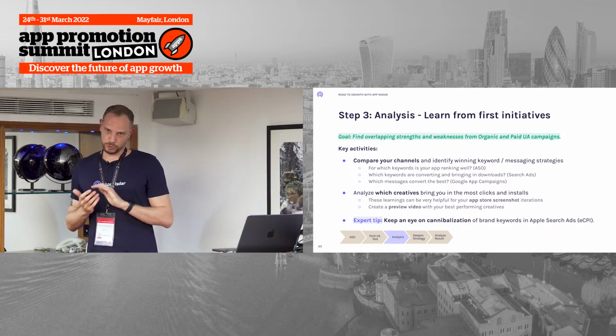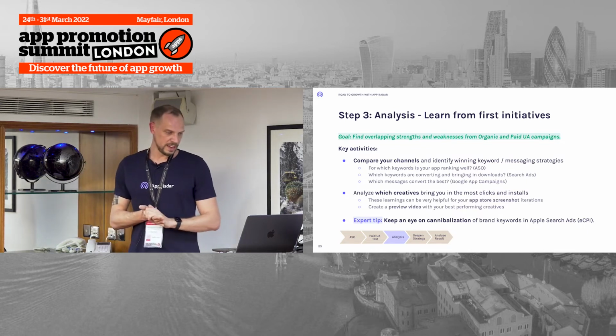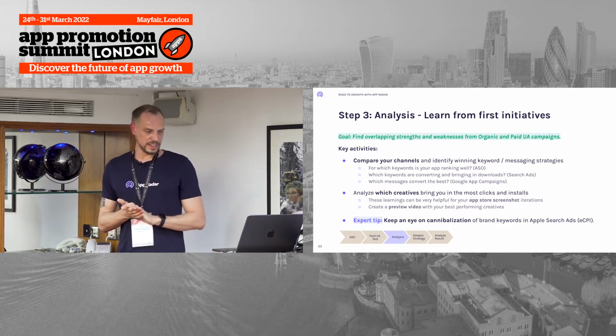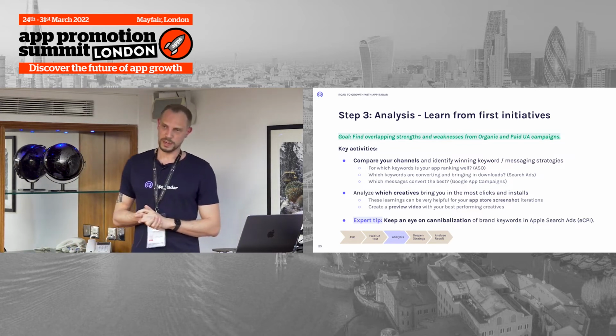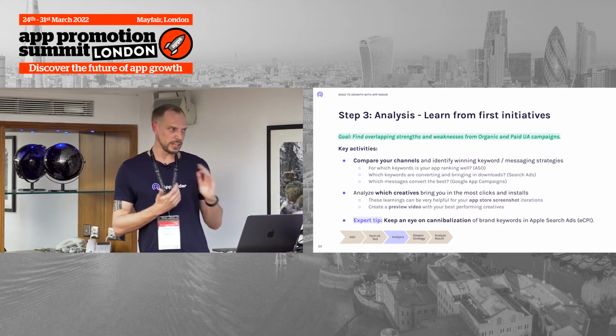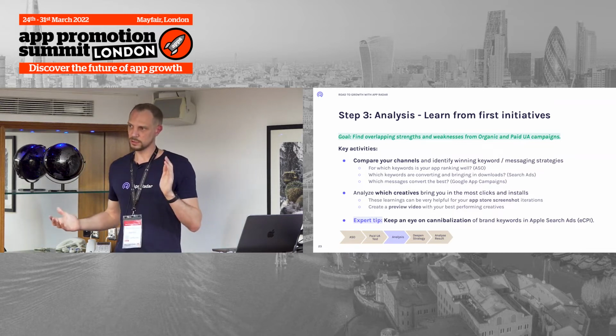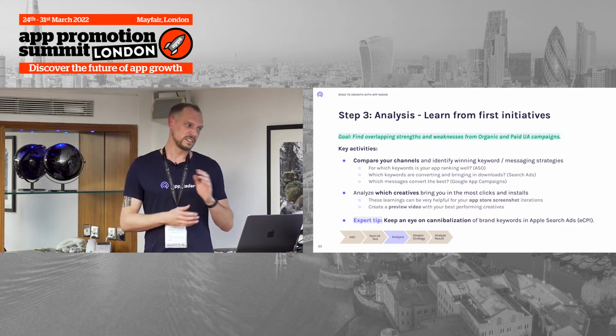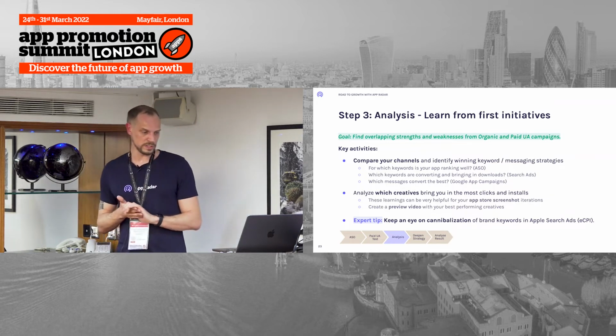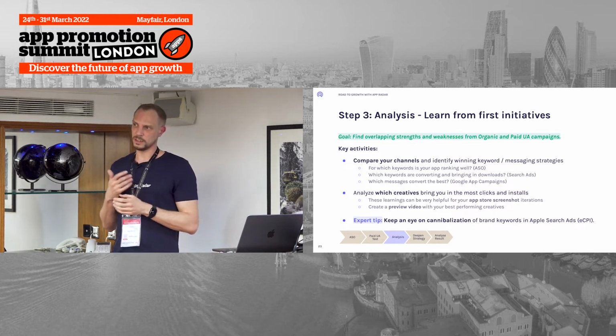When talking about creatives on Google UAC side, you can also obviously take those learnings and bring them over to your App Store screenshots as well, because here it is way easier to set up different ads with different creatives on Google Ads, compared to creating different screenshots for your App Store and setting up A/B tests and so on and so forth.